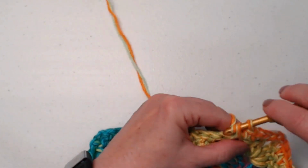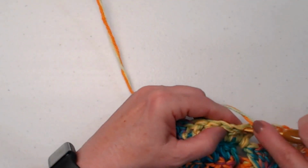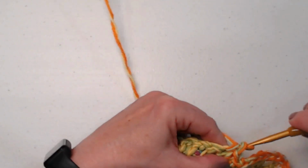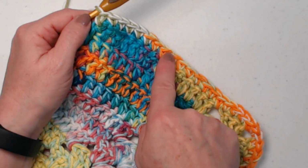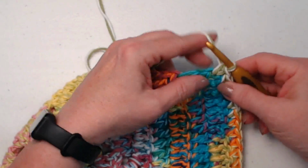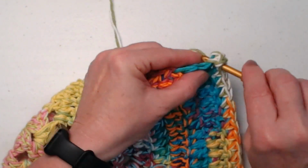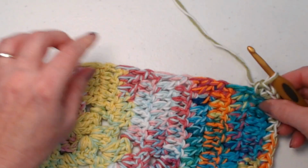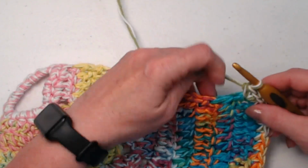1 in the chain 1 space, and then I'll stitch 1 in each, working over this row till I reach the next corner. I single crocheted the next side, and at this corner we single crochet, chain 1, and then single crochet. And now we're going to evenly single crochet up the side of our washcloth until we reach here. All right,